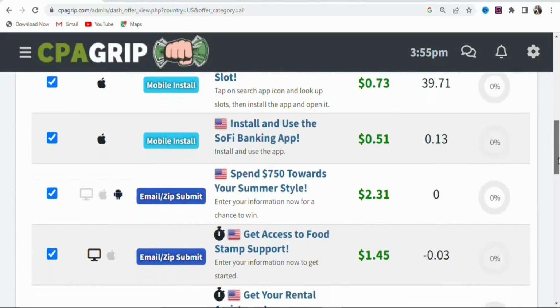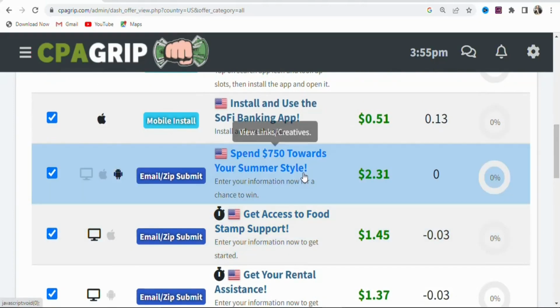So now once you have found the offer, you have to look at the requirements. You can see right here, this is the requirement: email or zip submit. So it means your potential visitors have to enter their emails or zip codes so that they can stand the chance of winning $750. So once they enter the details, whether they win the offer or not, you are still going to be paid